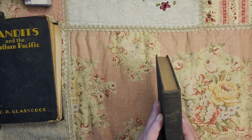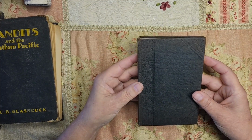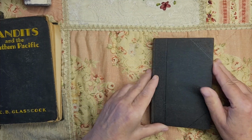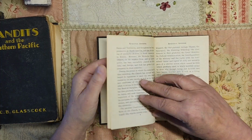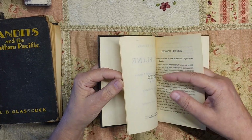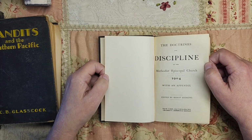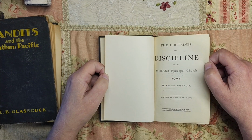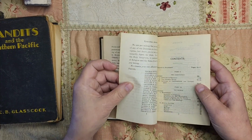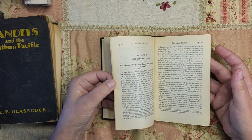This is Discipline, 1904. And I was kind of afraid to take this one, except for the cover. It looks sort of like an old ledger cover. It's not a ledger, but that's what it reminds me of. 1904. And it is a religious book from the Methodist Episcopal Church. And the paper is beautiful. Probably a little fragile. I don't want to fold the corner down, but